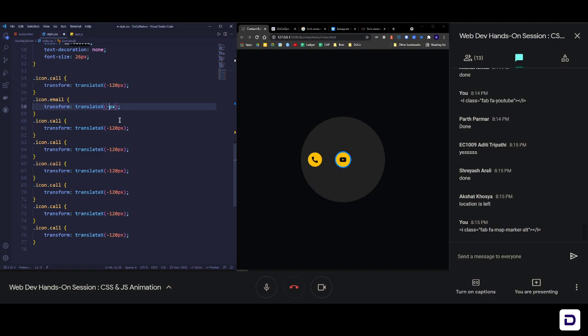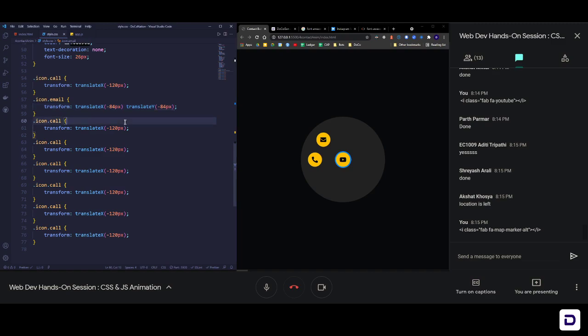So yeah, Pythagoras theorem sometimes comes to use in your web dev journey also. So yeah, it's 84 pixels basically. So we need to go 84 pixels in the X direction and 84 pixels in the Y direction. That's how you're gonna reach that position. So translate X 84 and translate Y also minus 84 pixels. Once you do that, you will see that an envelope also has traveled to that point where we need it.